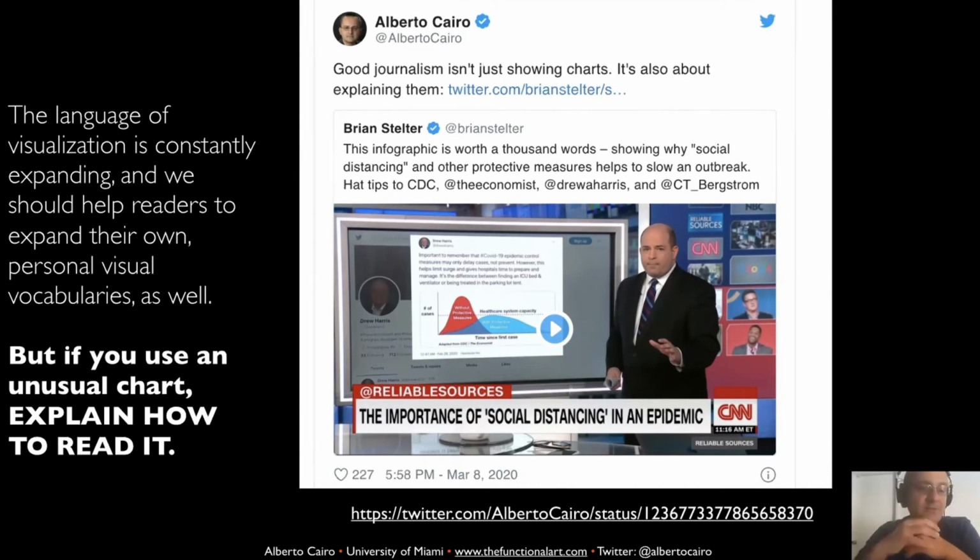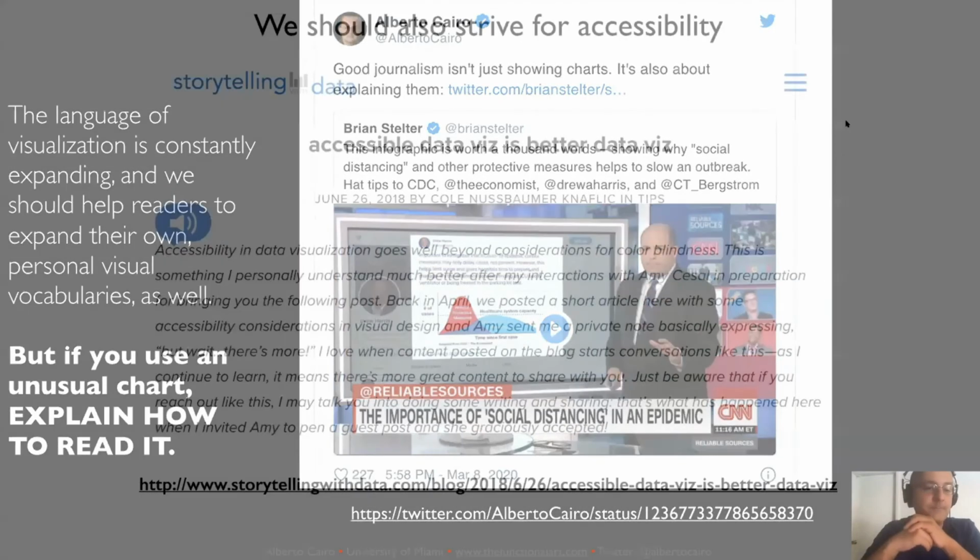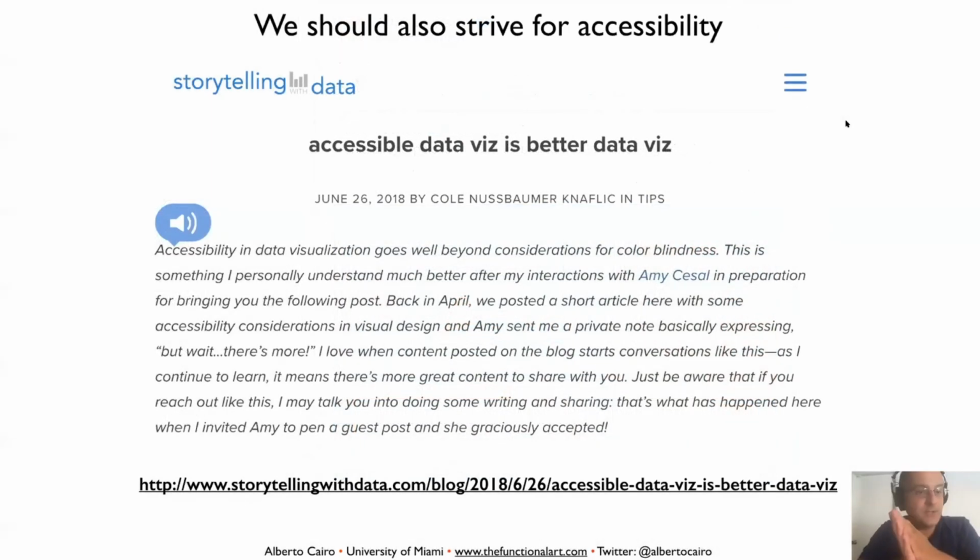Or in this case, for instance, Brian Stelter from CNN showed the famous flatten the curve graphic, but he didn't just show the graphic. He showed the graphic and then he put himself in front of the graphic, explaining, reinforcing, emphasizing what the graphic is describing. Providing these descriptions is critical, is super, super essential, right? Either verbal or written. First of all, because you explained your graphic, and second of all, because it could also increase the accessibility of your graphic.